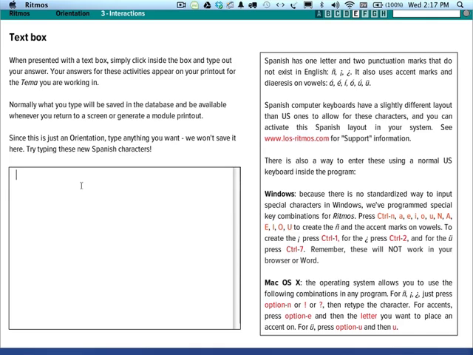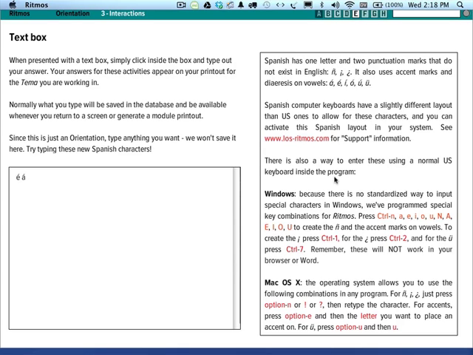For me on my Mac, I don't have a Windows machine here, so I can't show that. But basically, if you hit this, you can do the accent on the E, or the accent on the A, etc., and the special characters. This is all here. Another option you have for Windows users is you may want to install either a Spanish keyboard on your computer or an international keyboard. The nice thing about those is that you can then use them when you write papers in Microsoft Word